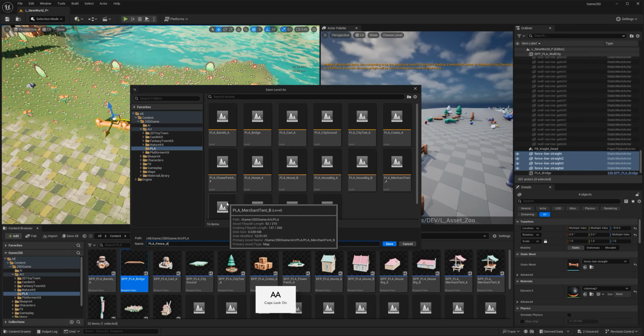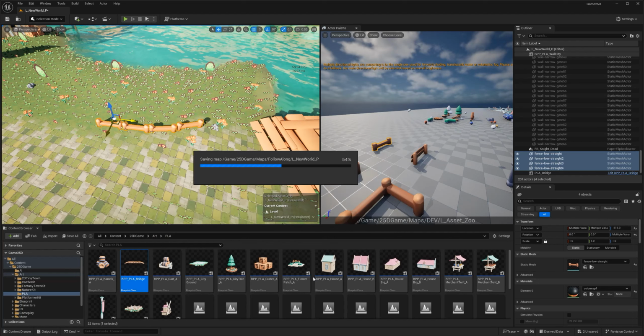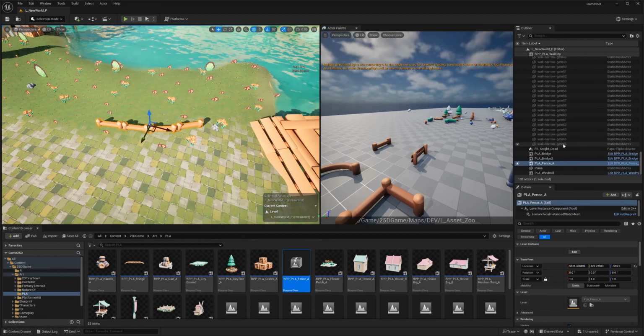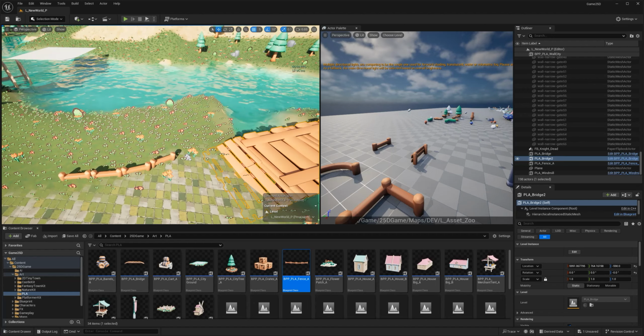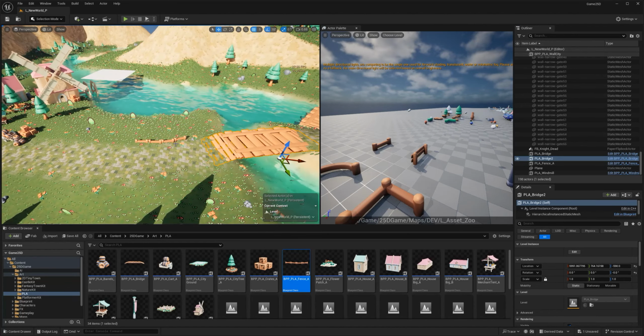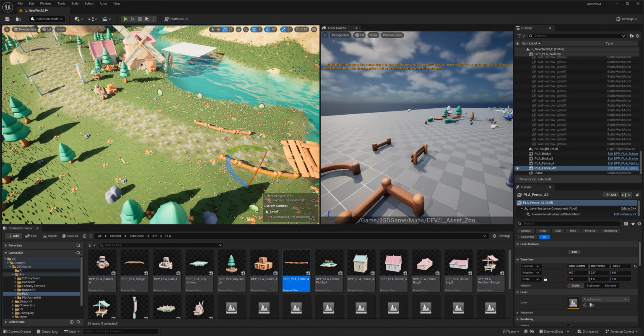And I don't like to use numbers, I like to use letters, because every time I duplicate something, you can see it auto adds a number right after. See, there's bridge 1 and bridge 2. So if the name of the asset was bridge 1, the next one will be bridge 2, so it kind of overrides that. I don't like that. I prefer to do fence A. That's the type of fence it is, but now it's fence A2. And I can use that to really quickly add some details to my scene.